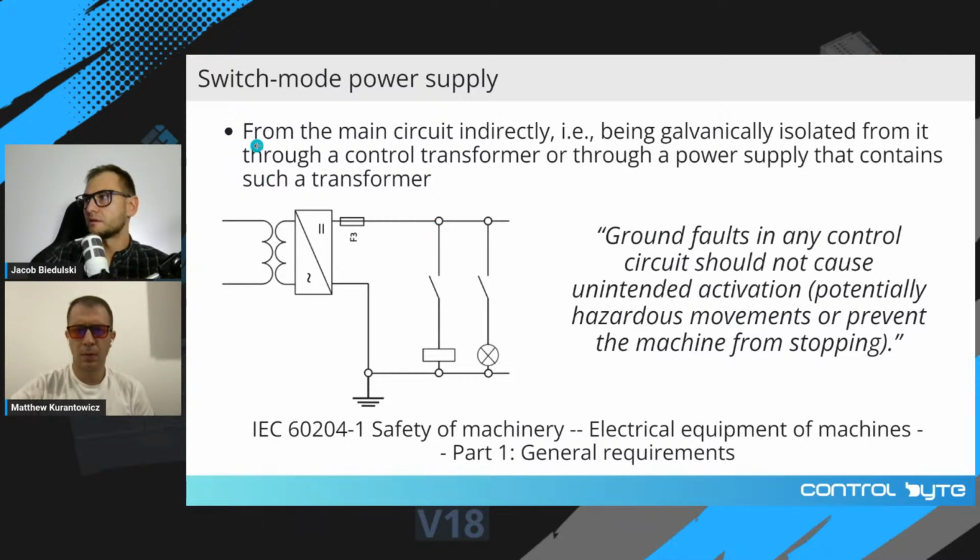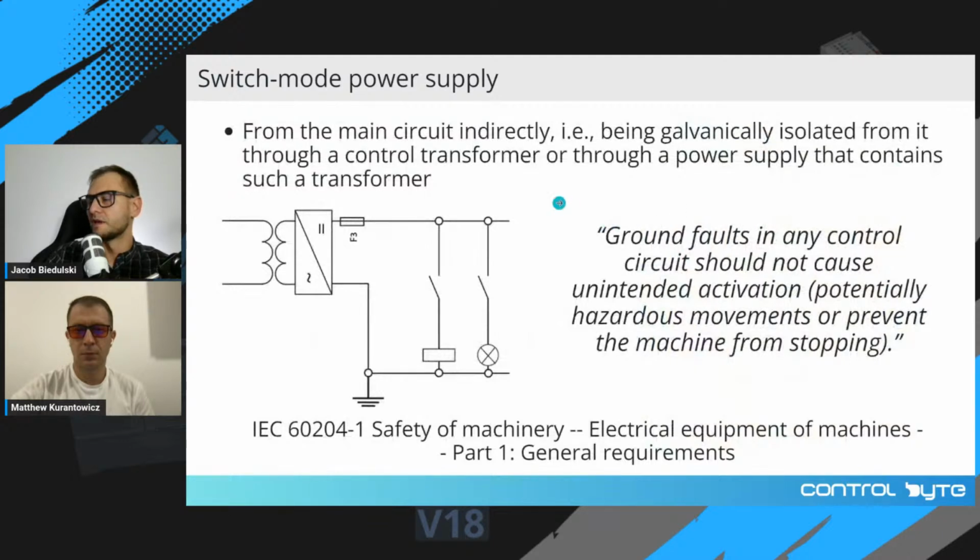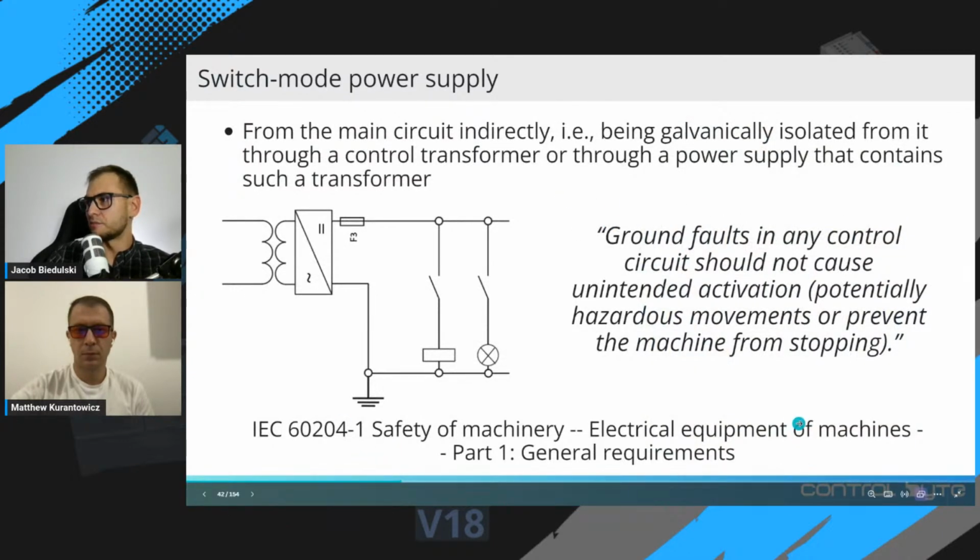So here on this diagram, you can see the circuit with galvanic isolation from the mains that uses a control transformer with DC voltage at the output side. So this is a switch mode power supply. And it complies with this standard by